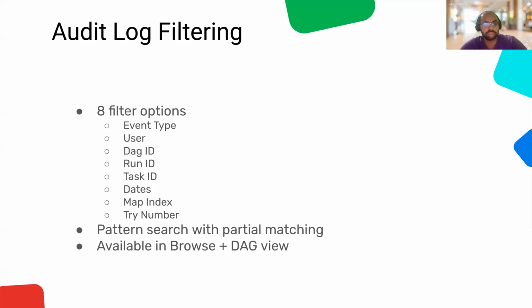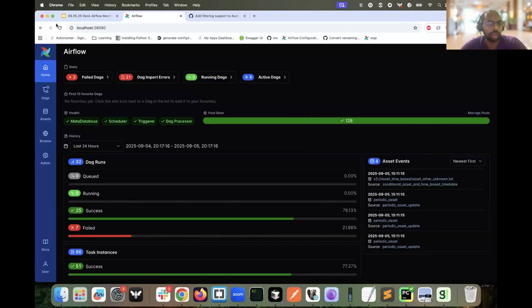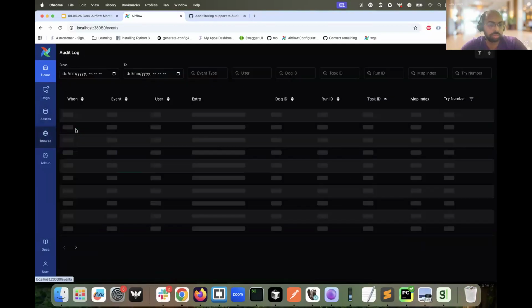I would also like to just give a quick demonstration. Maybe I can share my screen quickly and just give a quick glimpse of what we have now. So I'm just sharing the screen. Okay, I hope you're able to see my screen. Yeah, so I have my local instance up on the Airflow main. Let me just minimize this. Let me just go to the audit log page.